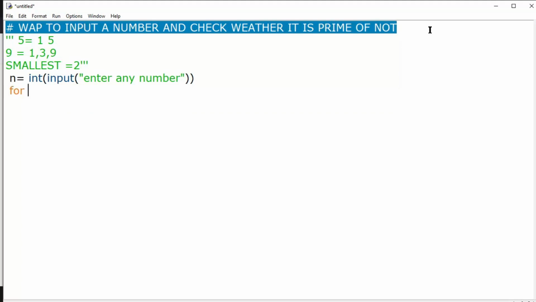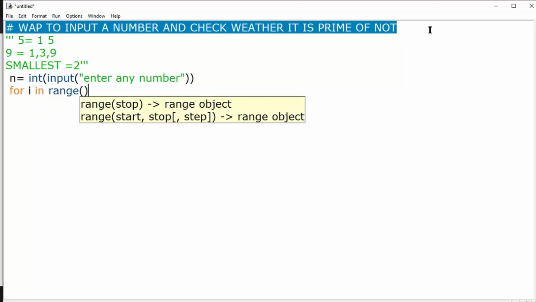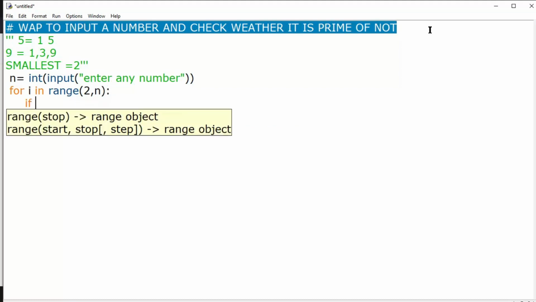Now I will check whether that number is prime or not. For that I will apply the for loop. I will write for i in range, and I will take the range from 2 to n. ओके, क्योंकि अब हम क्या करने वाले हैं यहाँ पर, if n mod i is double equals to 0,